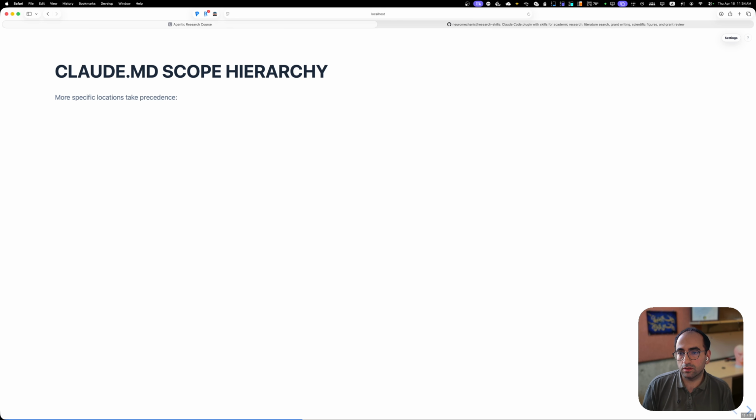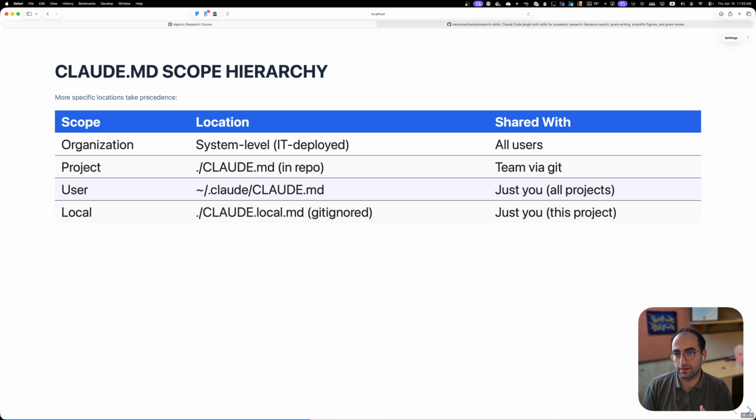Okay, so one thing that is pretty interesting and exciting about CLAUDE.md is that Claude respects the hierarchy here. Basically, you can have CLAUDE.md in many places, and it will pull all of them together and respect all of them, with priority going to the most specific one. For example, if you have it in your project repository, and then you have one in your Git folder or your master project folder or your lab folder, and then you have one at the user level,